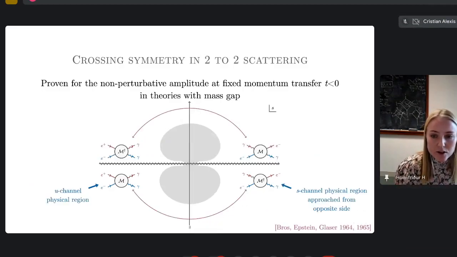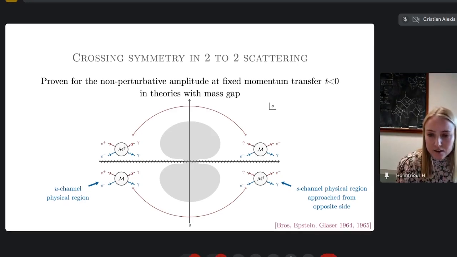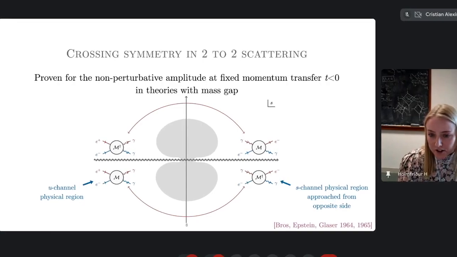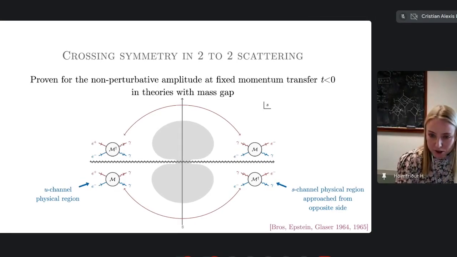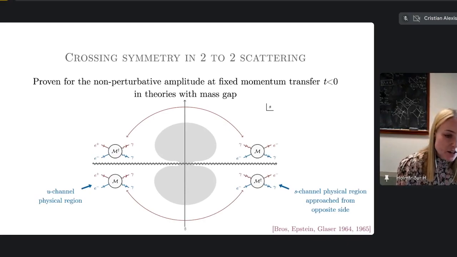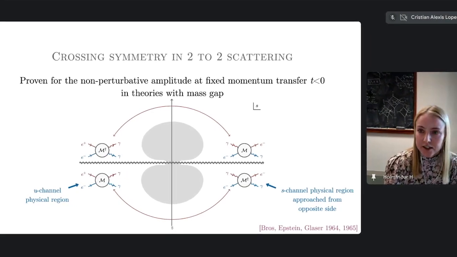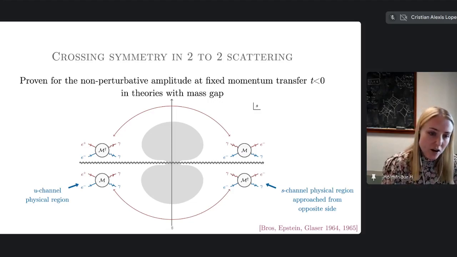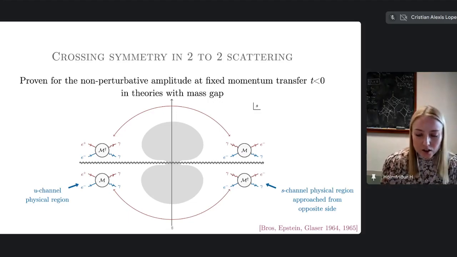Yeah, so let's now extend this plot to the lower half plane as well. I was just saying, we don't know if there is an opening here or not. Sometimes there is not an opening, but in any case, we can write down the amplitude here in the S channel, and the conjugated amplitude, which lives kind of on the other side of the branch cut. And then similarly in the U channel. So for negative S, since we're fixing T, we can solve for U. And the U channel physical region amplitude will be here for negative S. And then we have the conjugated amplitude on the top. And similarly in the lower half plane, we have kind of the mirrored picture of what's going on.